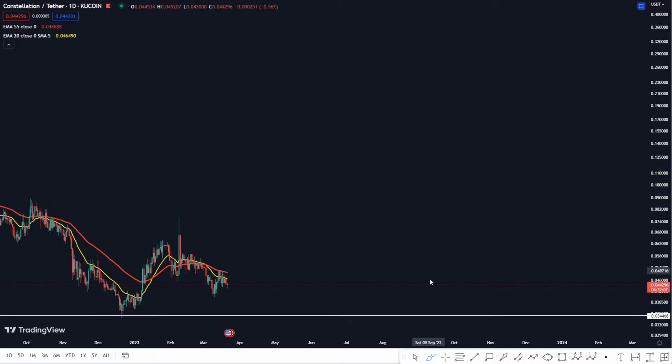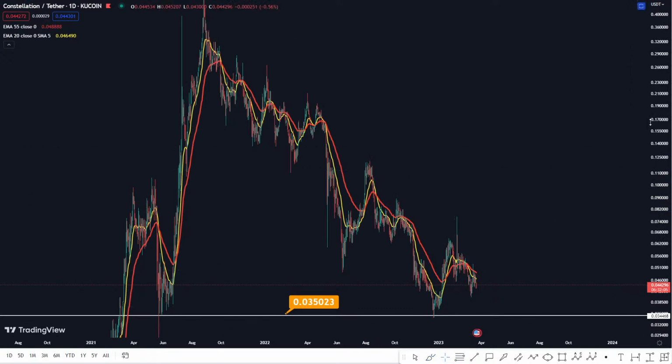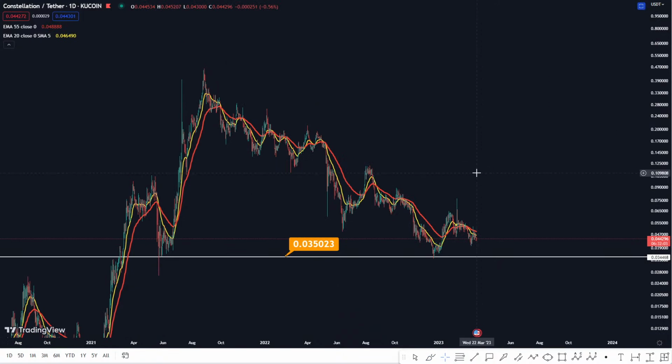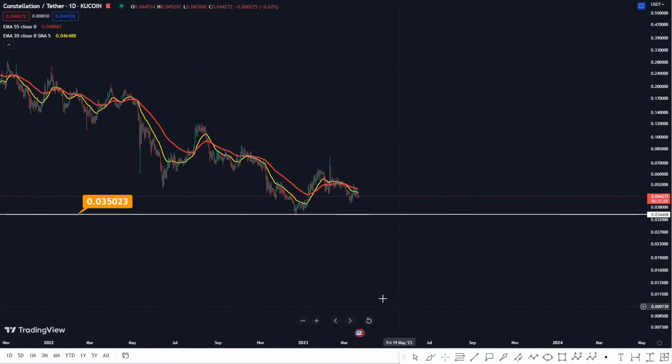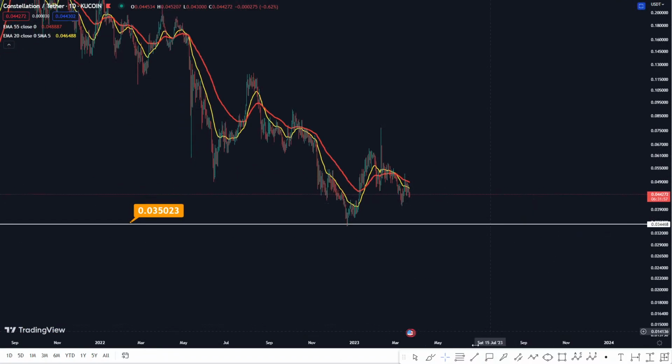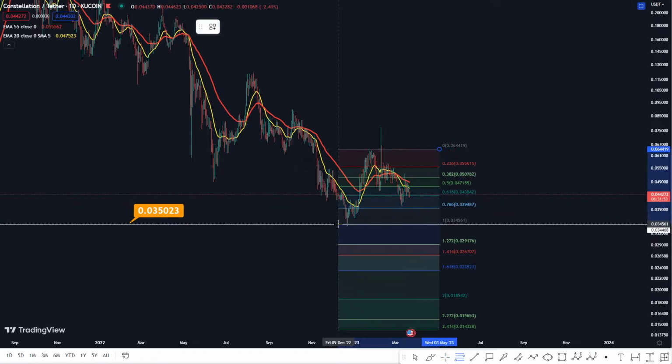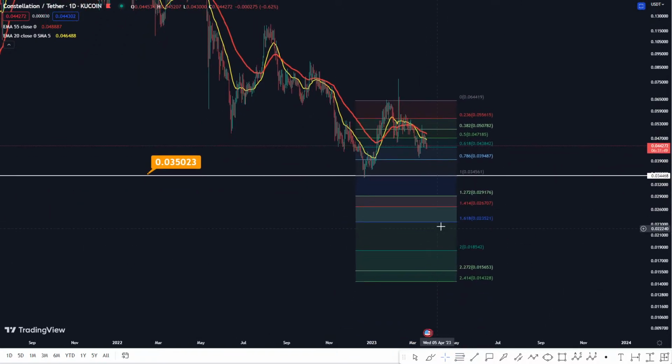And if you lose a support level, then you are usually going even further down. Now, if we were to lose that support level, we can drop a Fibonacci retracement from that local high there to the local low here, and we can see our 1.618 target potentially would be sitting at